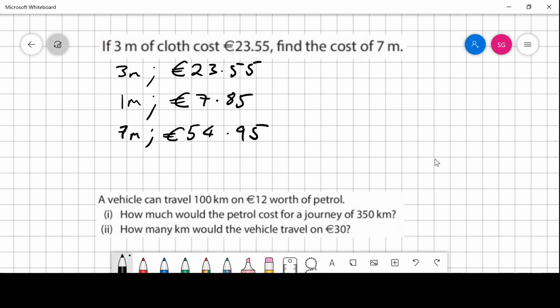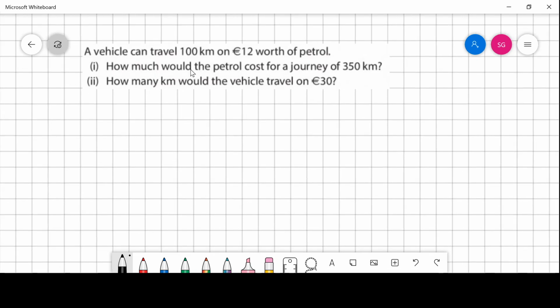One last example, and this one's going to be a bit odd, because you'll notice, wait a second, one is asking for it in terms of changing the kilometers, one is asking for it in terms of changing the euro. So the thing here that you need to note is, if we're saying a vehicle can travel 100 kilometers on 12 euro worth of petrol, then we can also say that's